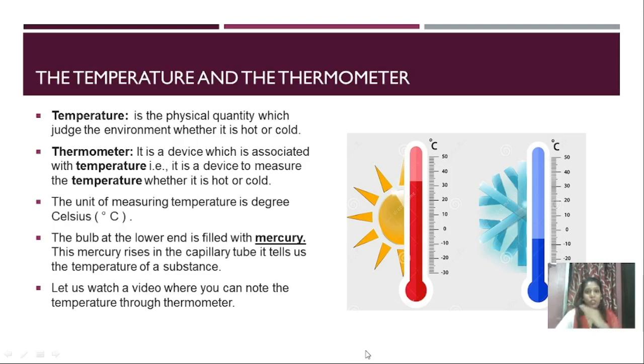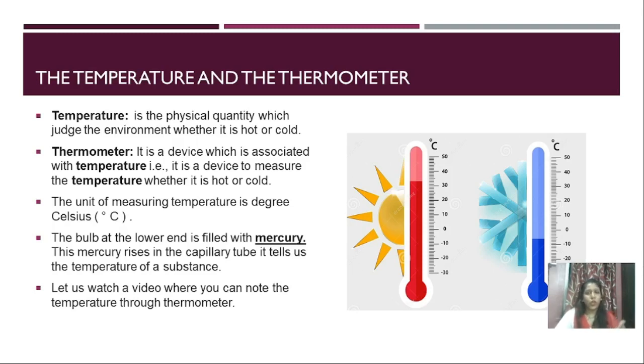So see the difference of temperatures. When it is cool, the temperature is low. When it is a little warm, the temperature rises. When it is very hot, the temperature rises to 80 degrees Celsius. So there is a change in the temperature. This is measured by the thermometer. So we need a thermometer to measure the temperature. Correct? Nowadays there are several types of thermometers, and the digital thermometer is one type of it. You can see this digital thermometer even at your place.